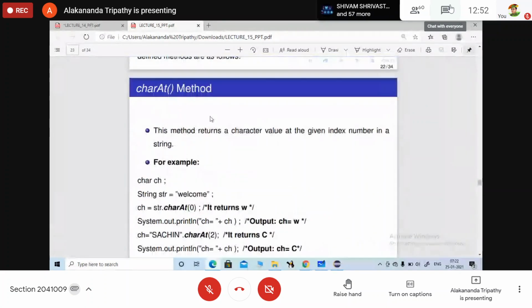So the charAt method, you all know. The charAt method will return the character at a particular index location. So charAt 0, which value will it return? It will return the character at that index. charAt 2, yes. So what is the index value of W?